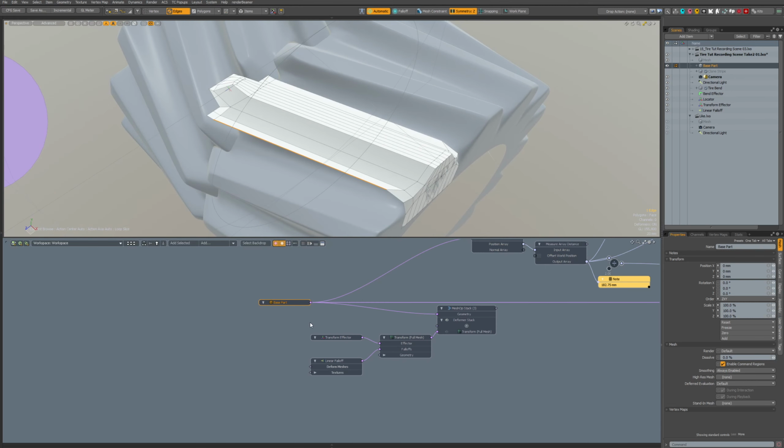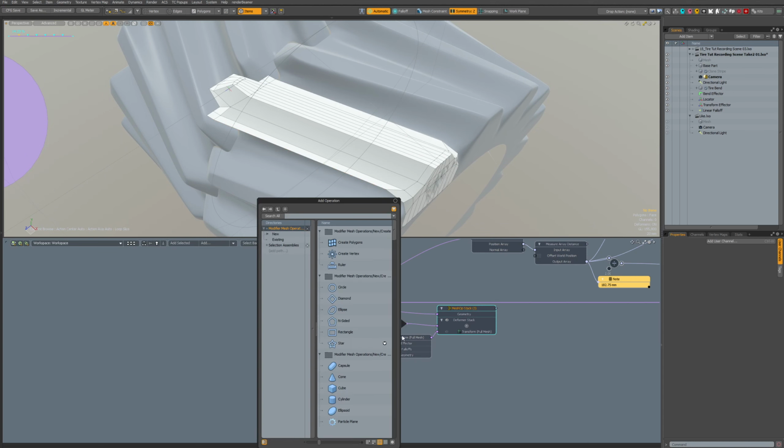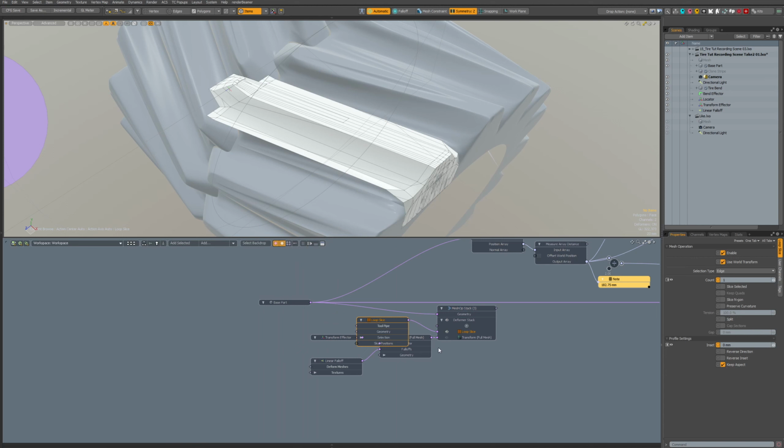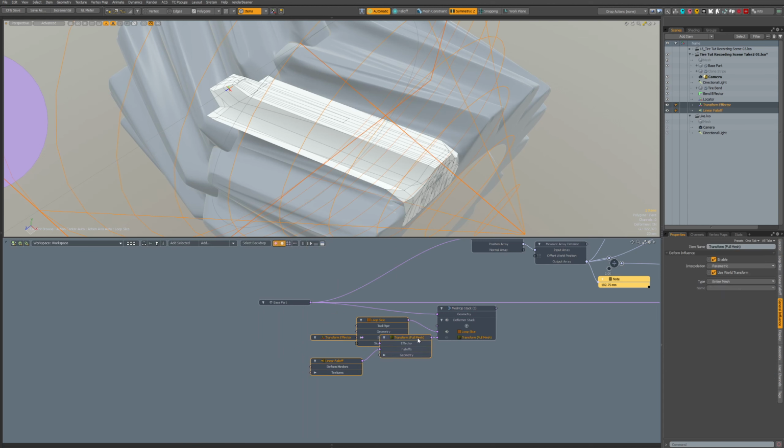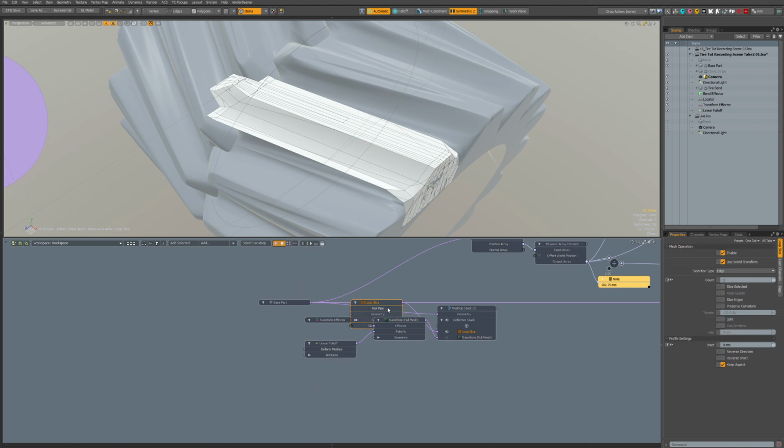procedurally. So I'll add an operator here, loops. I'll add it. Let's see what happens. It's a mess because we don't have a selection for it, and I think I want to add it before the transform.